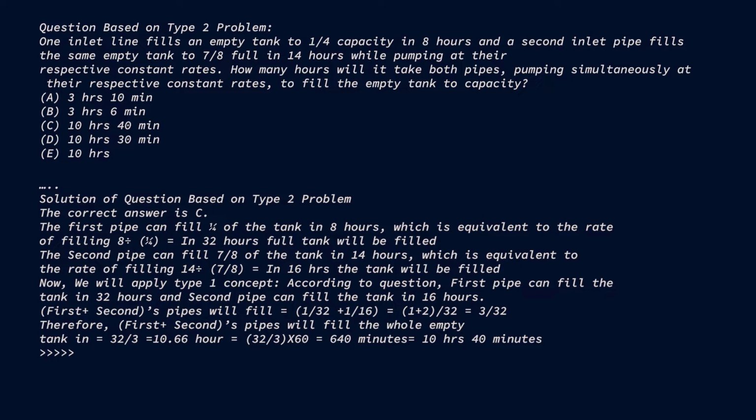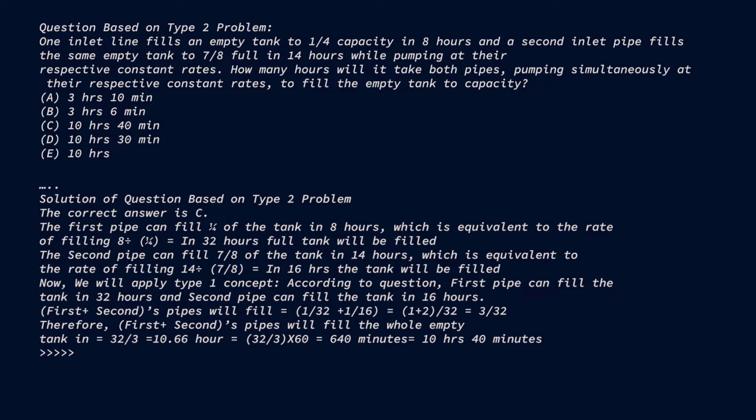So now we can easily solve that total. If both the pipes are open, then how much time will it take to fill the tank? So we can say 1 upon 32 plus 1 upon 16, when we solve, LCM comes 32 and 3 upon 32, which is 10.67 hours, that is 640 minutes. So now, as the answer is given in hours and minutes, we'll convert 640 minutes